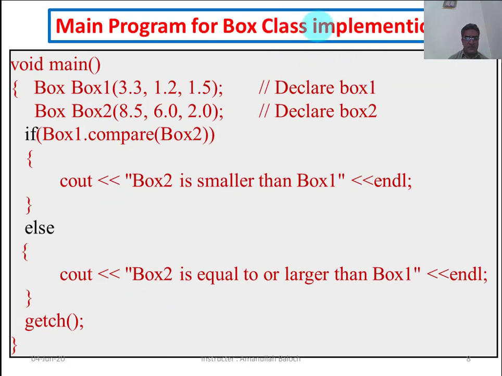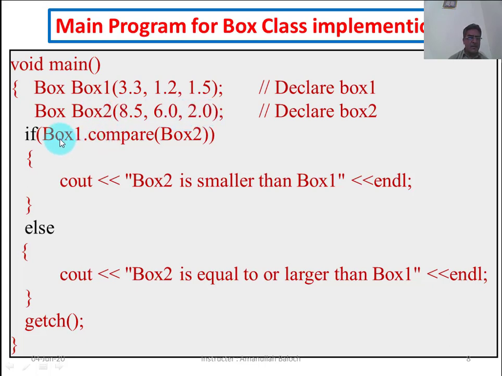This is the main program in which we are going to create two objects of the box class, box 1 and box 2. These are the length, breadth and height of box 1, and this is the length, breadth and height of box 2.